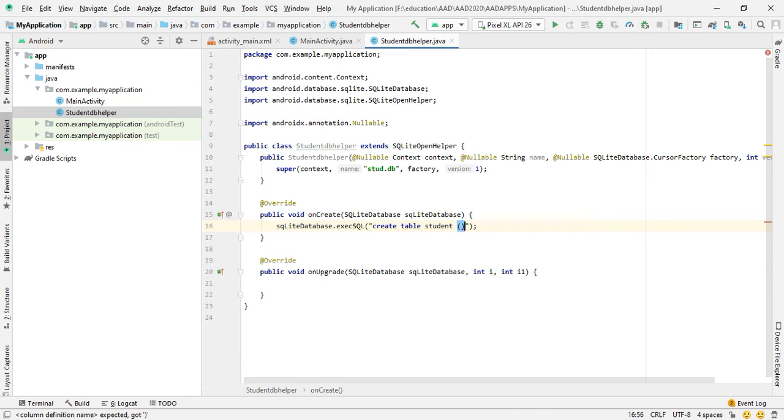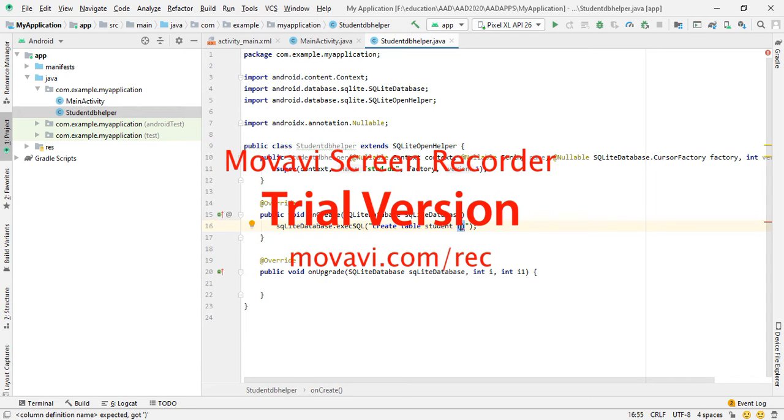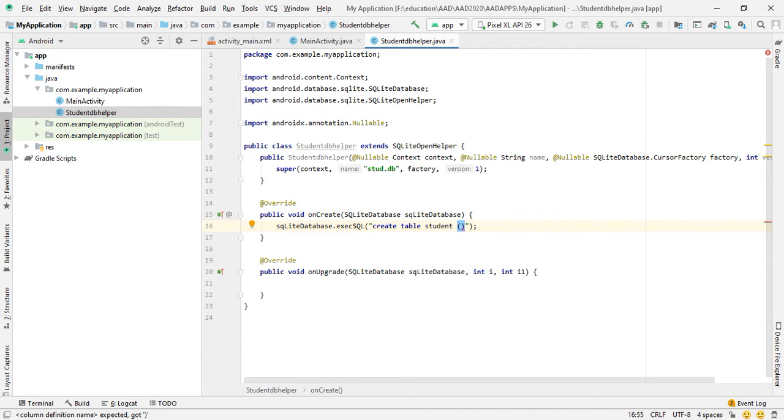Here our table name is student, and inside the student table we want to create 3 fields or 3 columns: student ID, student name and marks. And we take data type for all the 3 attributes as text.